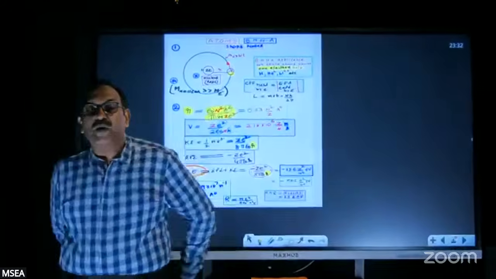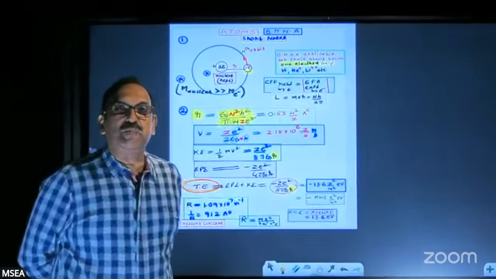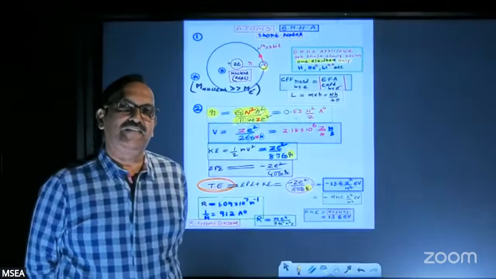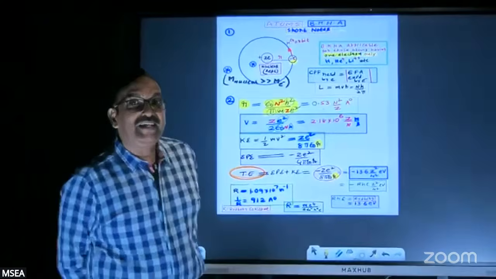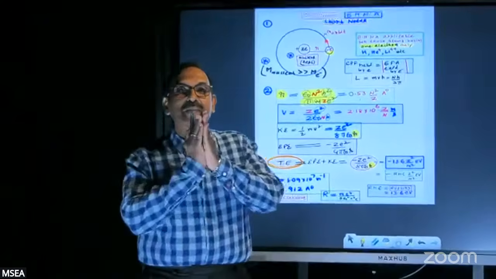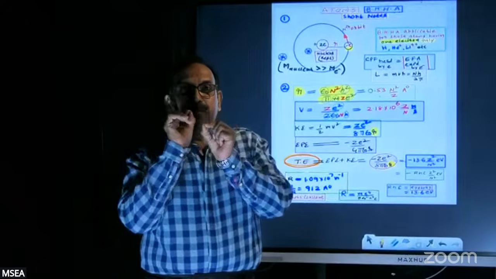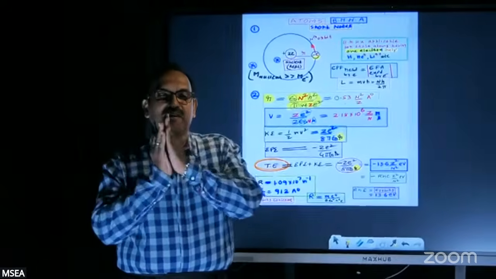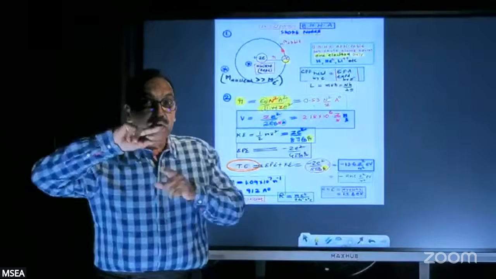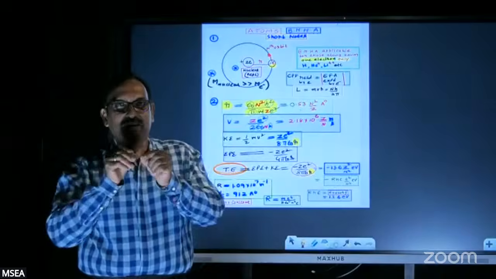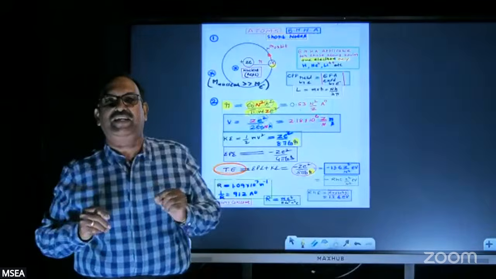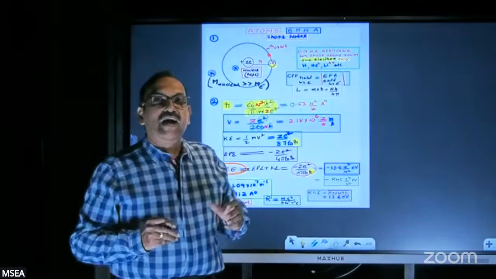Now, in a topic like atoms, you need to be very thorough with the formulae. What I have noticed is that students remember the formula in one particular way only. Just one way is not enough. You have to remember the formula slightly the other way. What is the meaning of slightly other way? 100% I will explain. Listen carefully.